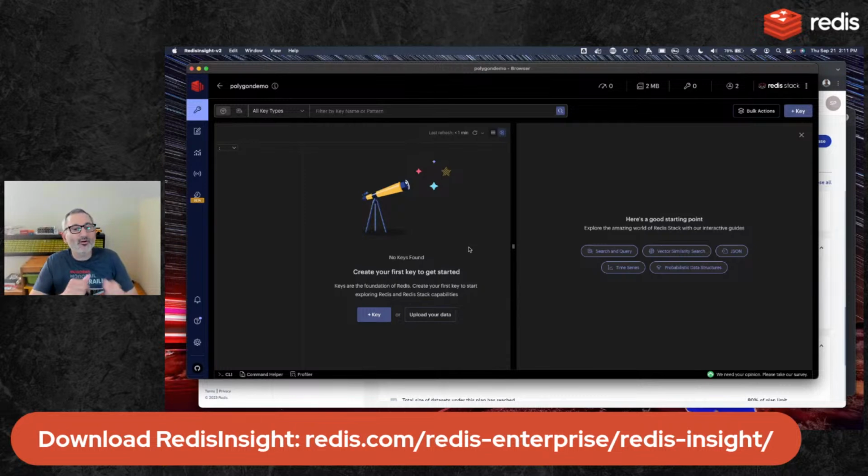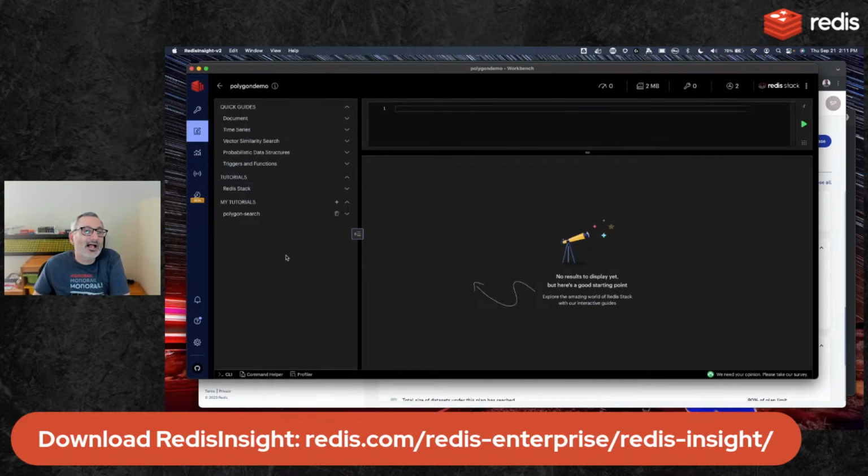So what I wanted to do was first talk about what was in the search capabilities, geo capabilities before this release. So what could we do prior to 7.2? And then go on to what we can do now that we've got these extra capabilities. So in order to do that, I'm going to go to the workbench here in